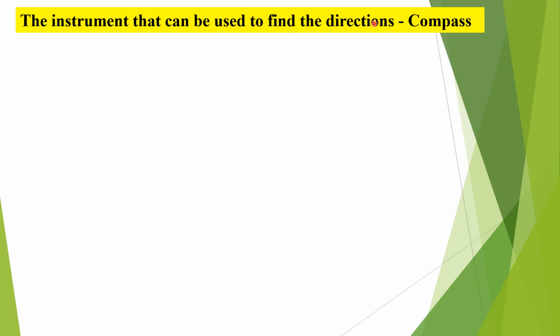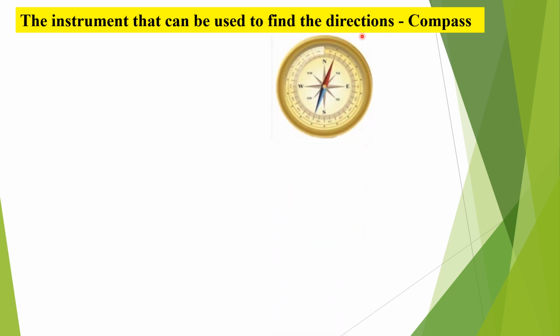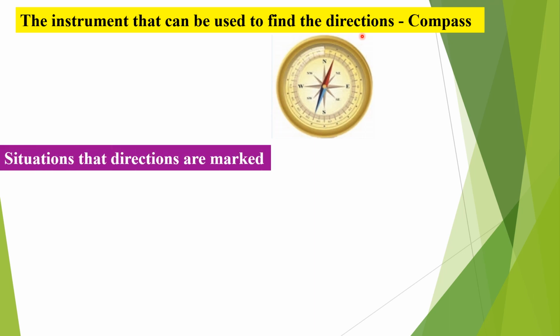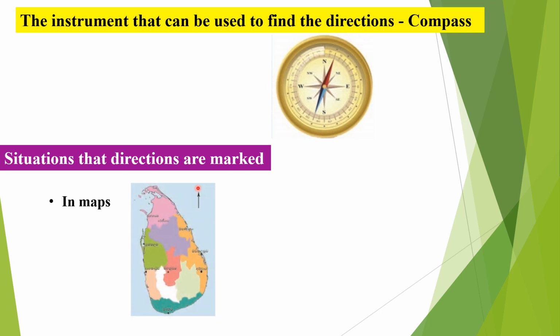And now let us discuss the instrument that we use to find the directions. The instrument that can be used to find the directions is the compass. You know the compass. And can you tell me some situations where directions are marked? Yes. First situation is in maps. In maps we can see some directions. Normally in maps we can see the north direction, like this one is north. And in house plans, like